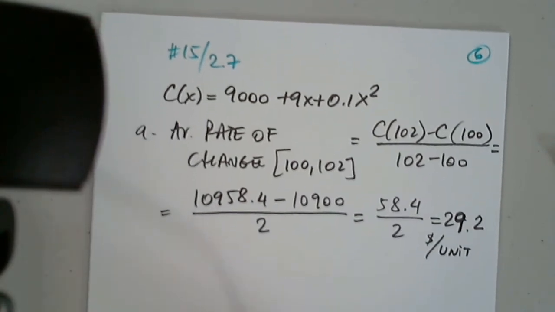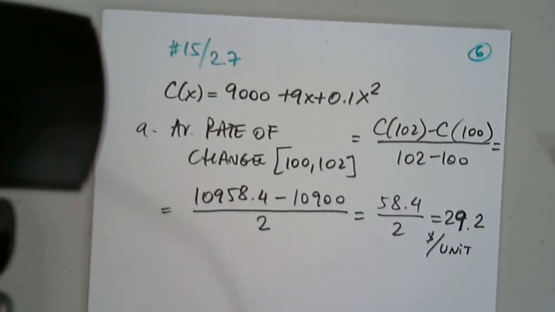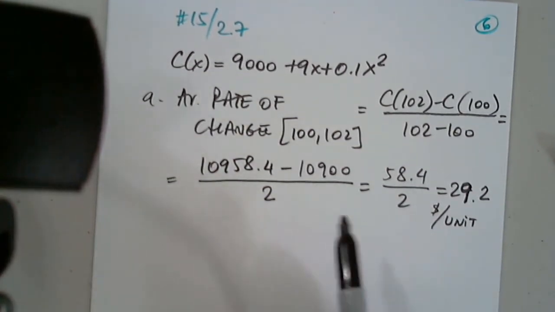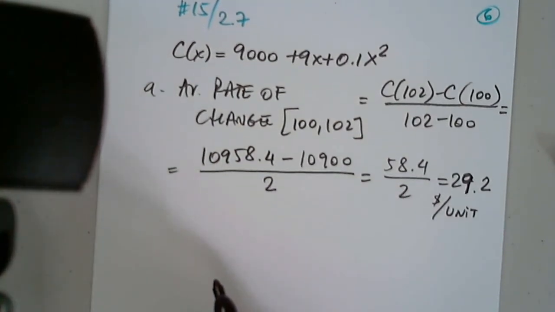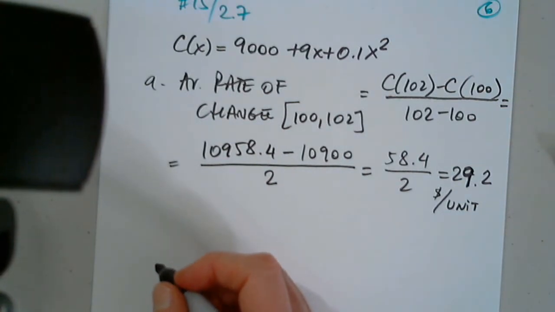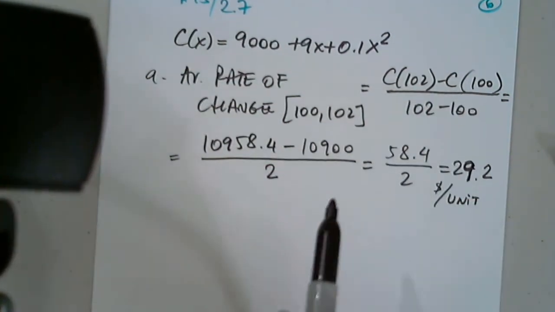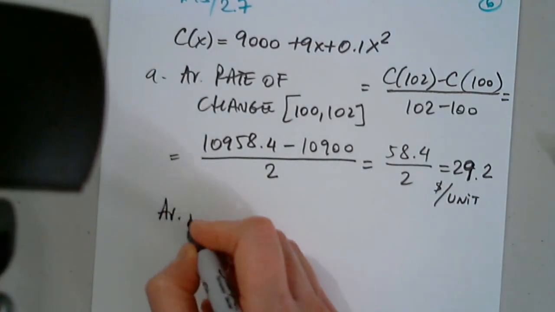So far so good? There is a part 2 with 101. So let's also do that because they may ask something else afterwards. Do we need to do the other one or not? Yeah, the other half would be really helpful as well. I mean the second one between 101 and 100. Okay, let's do both. So the average rate